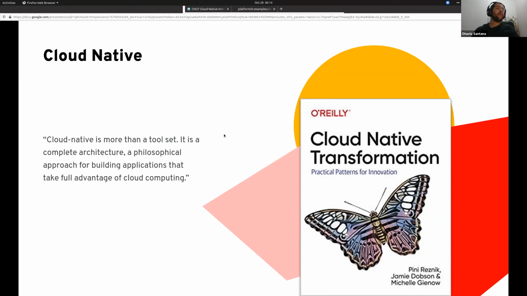Okay, and right now the next generation of methodology is cloud native transformation, where we take full advantage of the cloud, where you're able to merge and move your project instantaneously. That means if you have a new feature, just merge. You don't need to wait until the end of the day. You don't need to wait until next week. Basically, the feature is ready. Go for it. Put that in production as soon as possible.